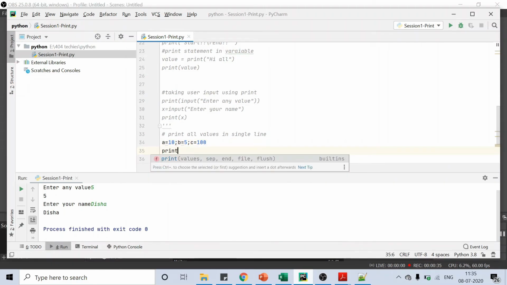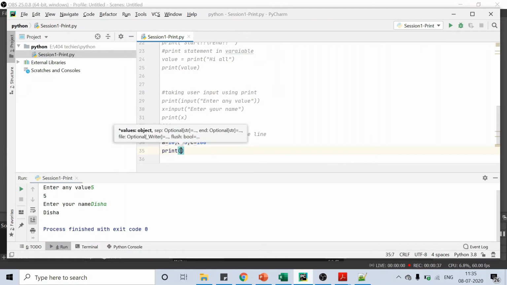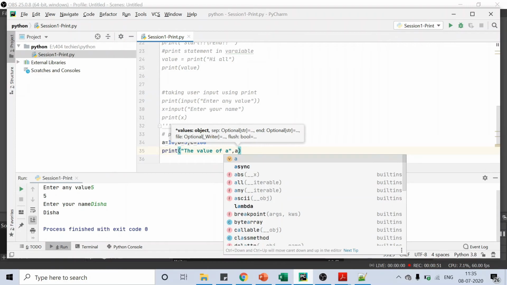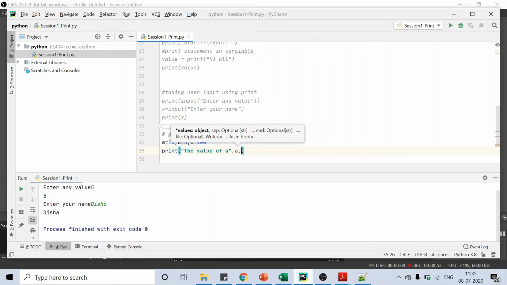I'm printing all these values in a single line. We can do it like this: the value of a, enclosed in double quotes, then a comma and the value of a. Then a comma, and I'm giving slash t, because I want a tab space between the next value, and a comma. Now the value of b.